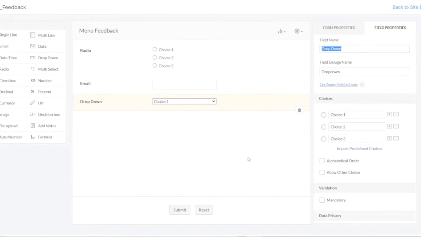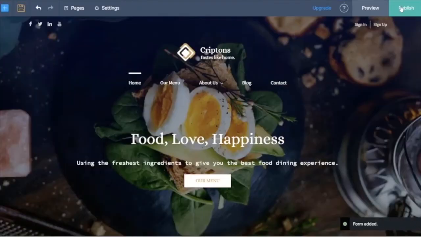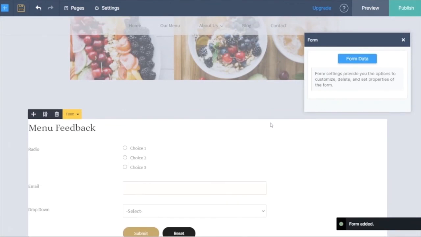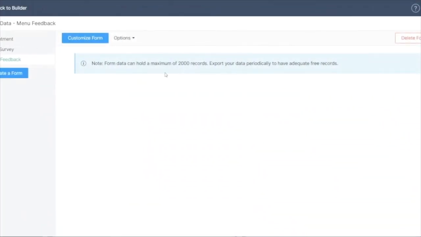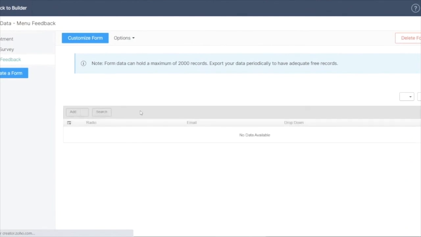Once I have picked all these elements, I can go and check out a few settings, etc. And then I just have to submit it. Once I submit my form, it just appears on the website like this. And so yeah, you can go ahead and click on form data, and what you will see at the back end is whenever somebody fills up a form, all that data will come here.